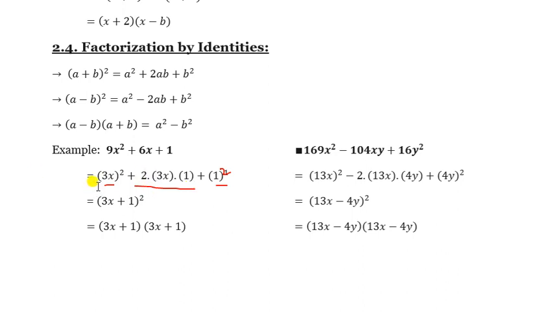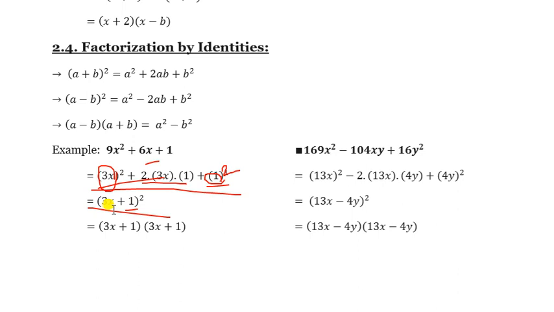See, now our a is 3x, because we are not taking a square, only a and b. See this formula. By formula 2, a means 3x and b means 1. Now you multiply and you will get the same expression: 3x square, that means 9x square, 2 into 3x into 1, 6x, plus 1 square, which is also 1. Now from here we can write the formula a plus b whole square, and what is the value of a? 3x. So 3x plus b, what is the value of b?